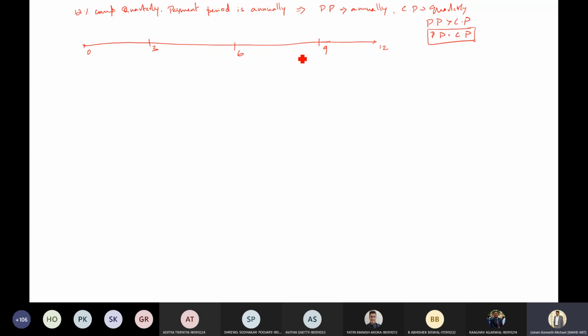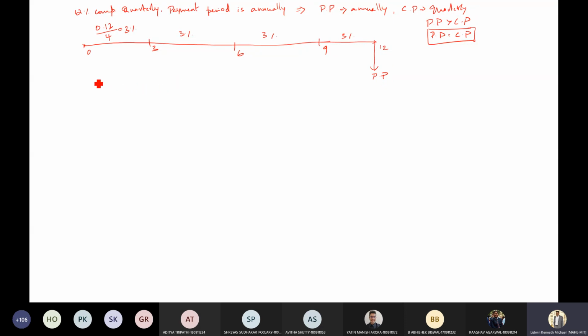So 12% compounded quarterly, right? In simple words, I'll write it like this: 0.12, quarter in a year. How many quarters are there? There are 1, 2, 3, 4. 0.12 divided by 4, that is 3%. So 3% will be your interest every quarter. So you're making the payment over here. Your first payment period starts at the end of the